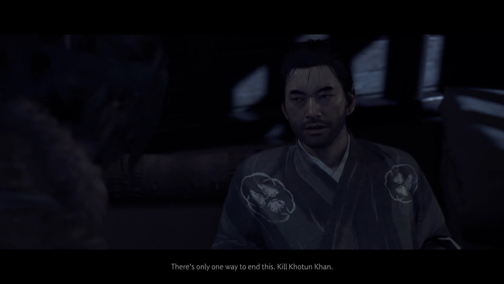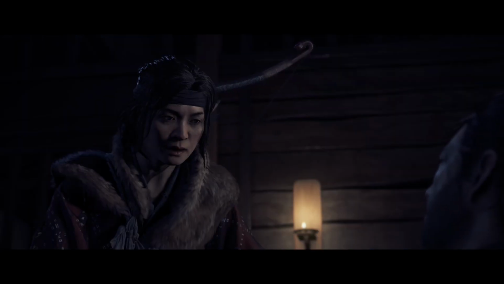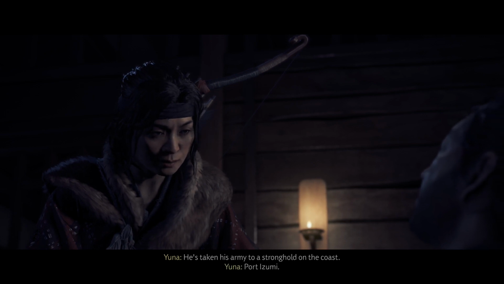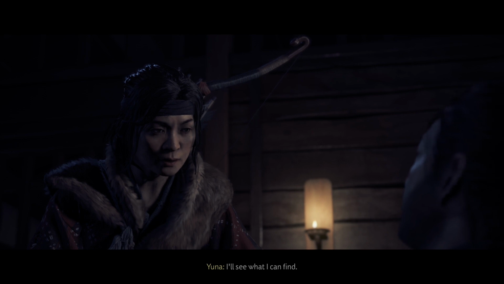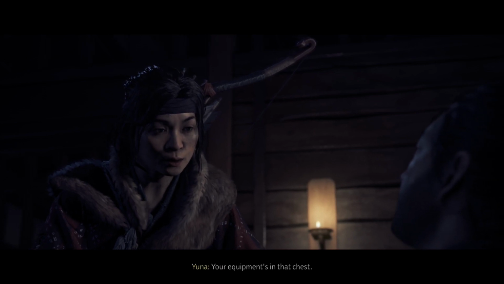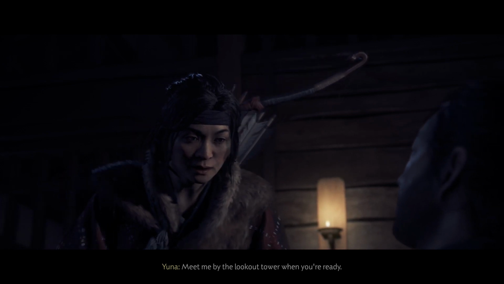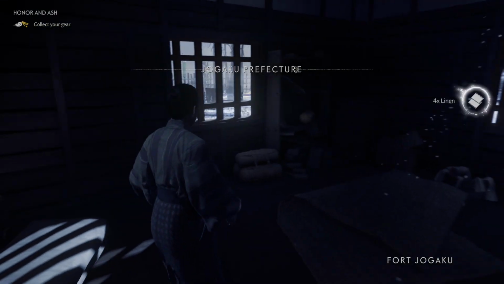There's only one way to end this. Kill Khotun Khan. He's taken his army to a stronghold on the coast, Port Izumi. We'll need a staging camp somewhere close. I mean, if we drive them all the way to the port and we've got the whole rest of the island, we should have them. Meet me by the lookout tower when you're ready. Finish puking blood first. Yeah, presumably she had an antidote for the poison, so...